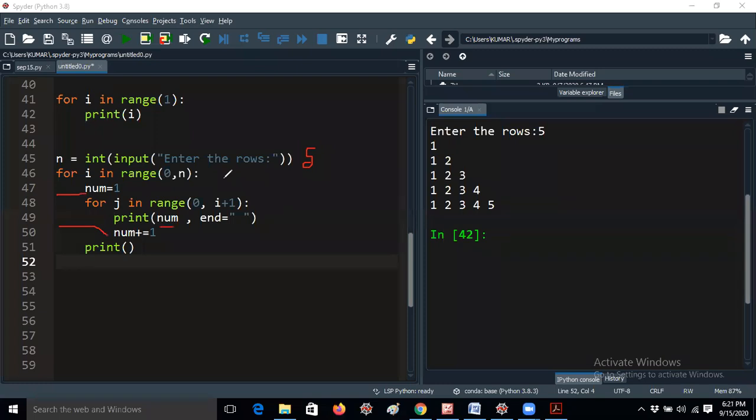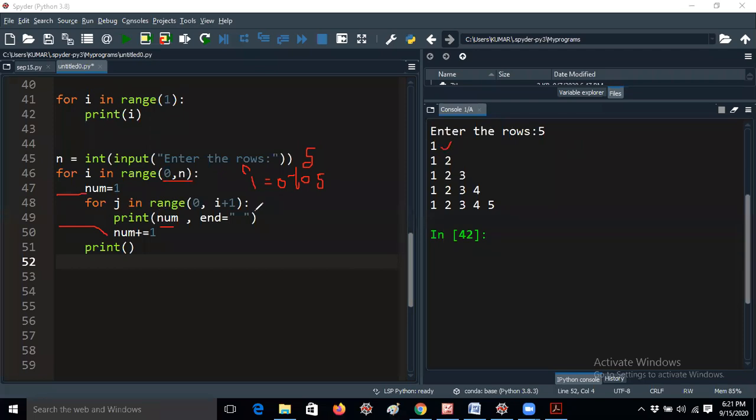Okay. So for i in range 0, 5. Whenever you take 0, 5 it will iterate from 0 to 4. You should remember that. And i always starts from 0 only. You should declare 0 to 5, but it will take 0 to 4 only. Okay. But number 1, I am assigning because we have to print number 1 like this. But the number 1 is not printing, don't worry.